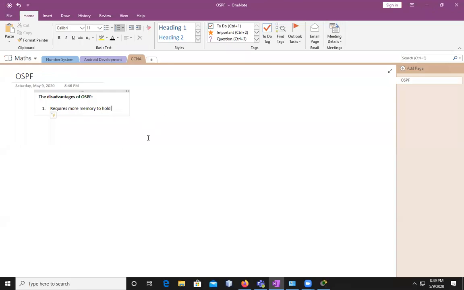All right, so the first disadvantage of OSPF is it requires more memory to hold the adjacency. It requires more adjacency. That means a list of OSPF neighbors has to be stored. So neighbors, comma, topology,